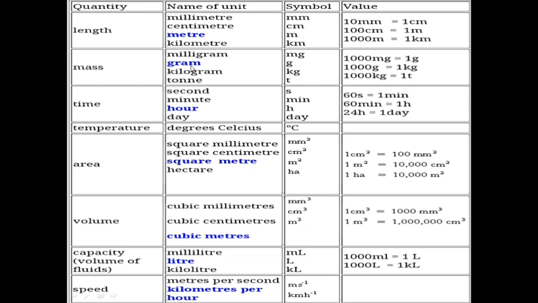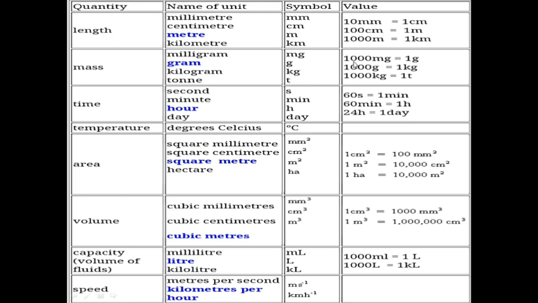They are milligram, gram, kilogram and ton. The symbol used for milligram is mg, for gram g, for kilogram kg, and for ton t. And the values are 1000 milligram equals 1 gram, 1000 gram equals 1 kg, 1000 kg equals 1 ton. So these values are also related with each other. See, it is 1 ton equals 1000 kg, 1 kg equals 1000 gram, then 1 gram equals